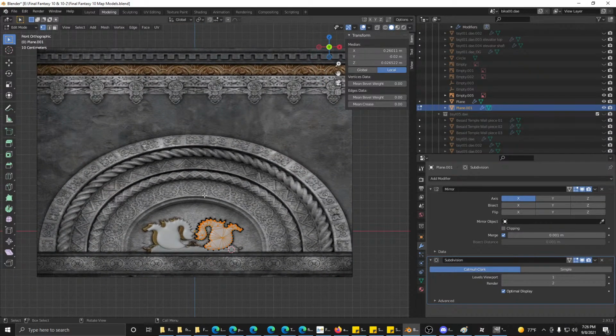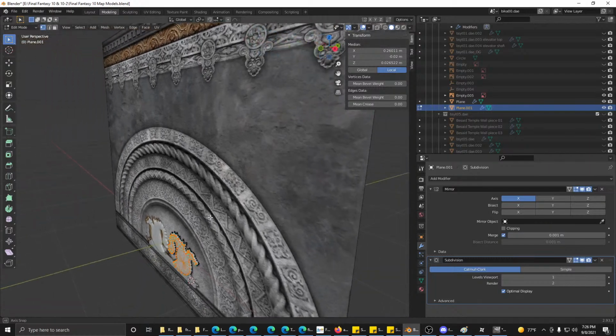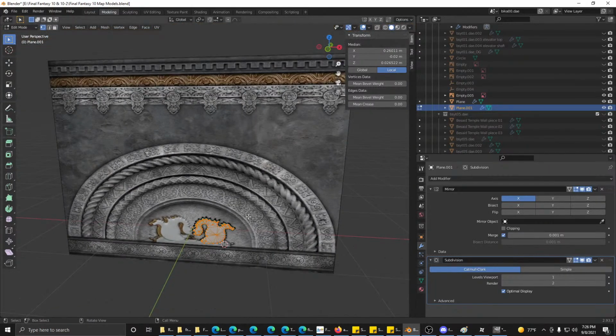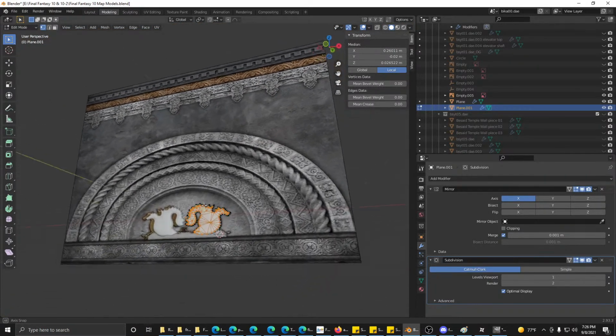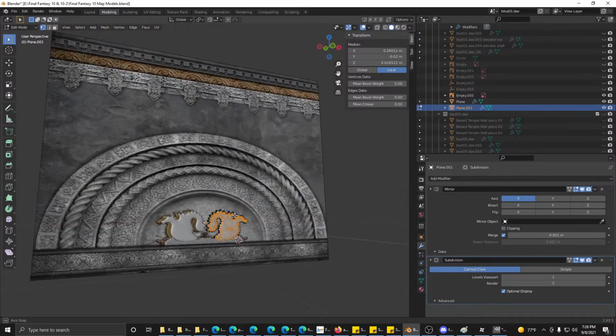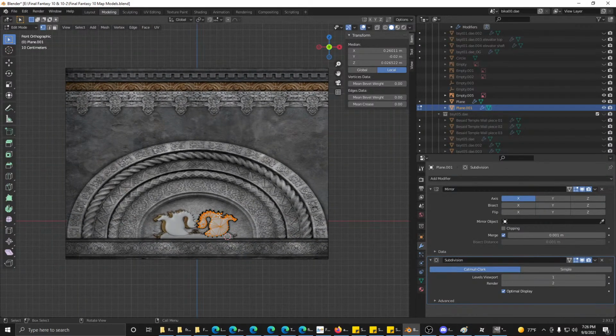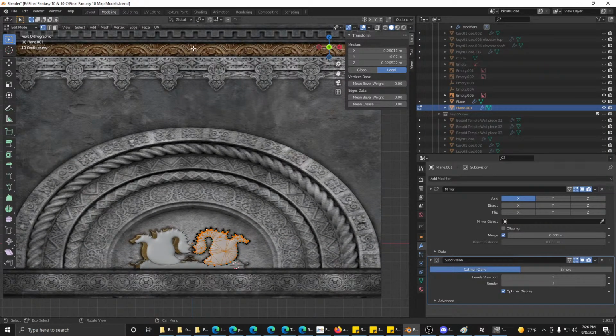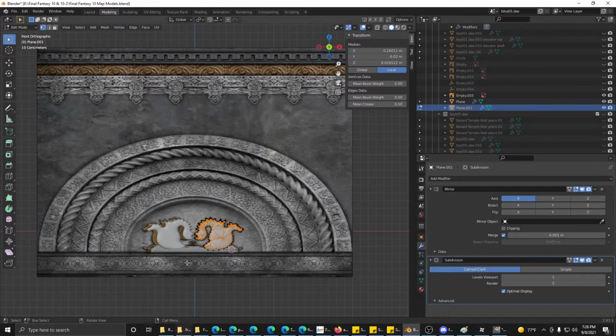Man, this is gonna be really detailed. This whole wall is gonna be so cool. Honestly, I'd really like to just, well, I guess I could just make half of the wall and then mirror it. Well, that'll be way too apparent. Well, I could do it. I could mirror the wall using